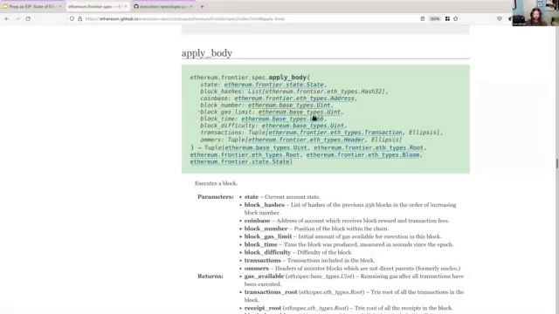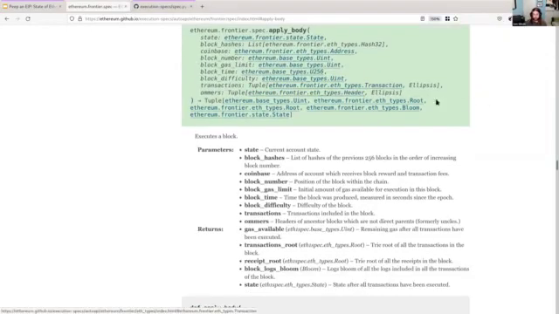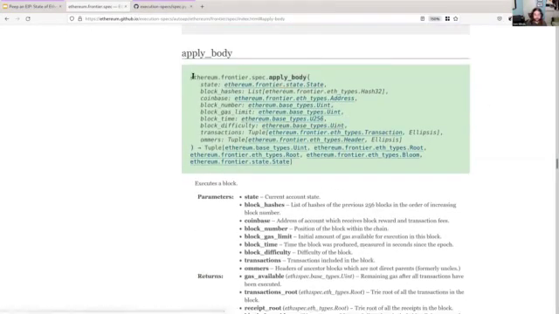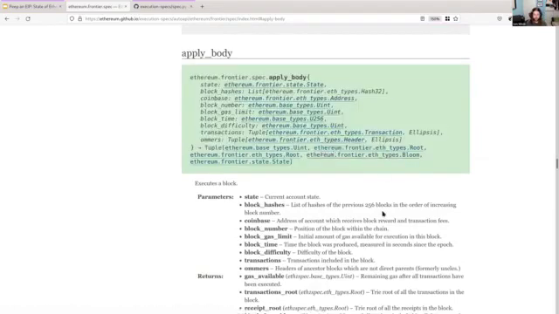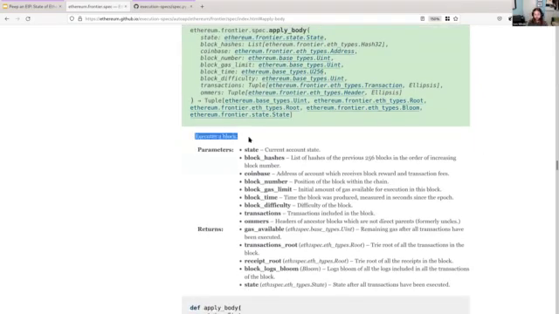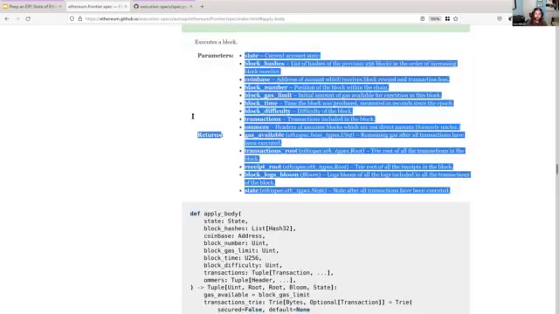So this is the apply body function in the rendered state. You can kind of see the function signature here with the type annotations. You can navigate through them all and get to the actual implementations. Now here we have kind of a stub note about what this function does. This is the narrative portion that I was talking about earlier that needs to be expanded upon. But this function takes the block body, so transactions, omers, and applies them to the current head of the chain. So there's a description of all the parameters and stuff, and here's the actual implementation.